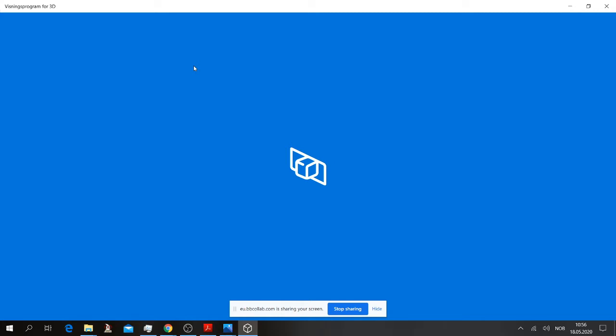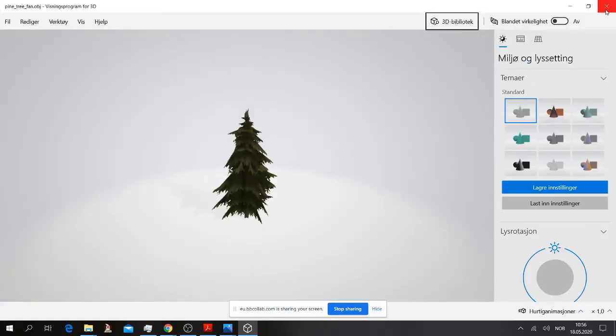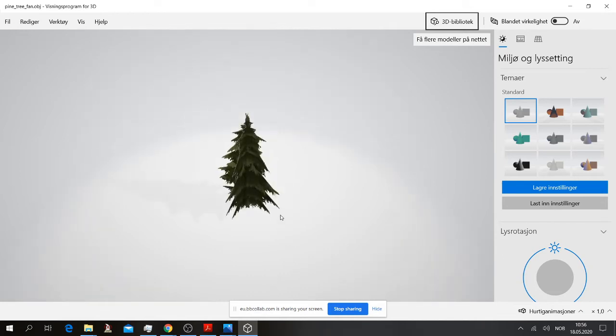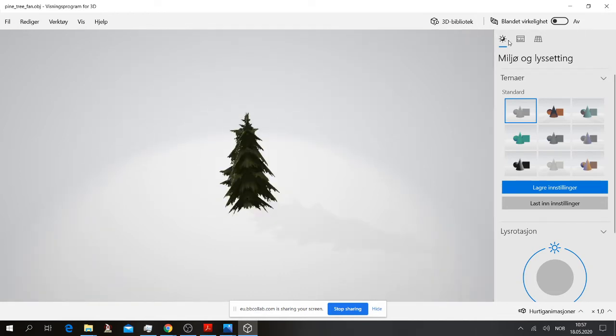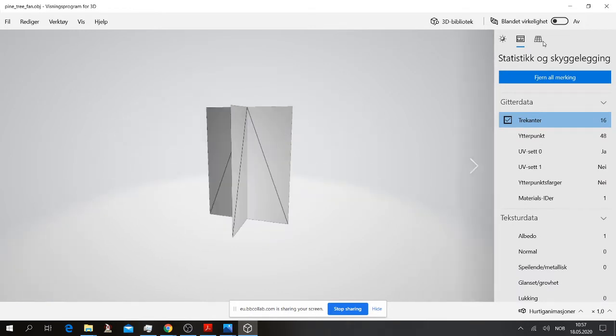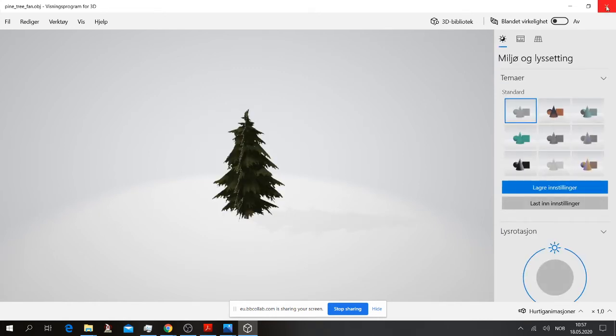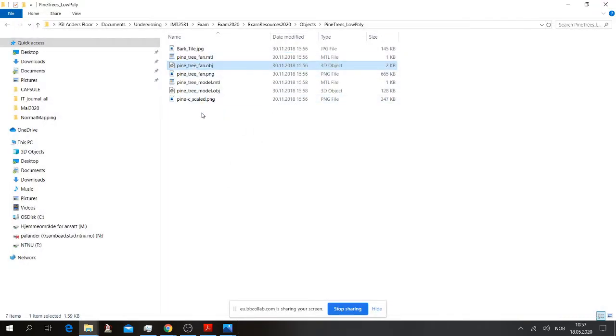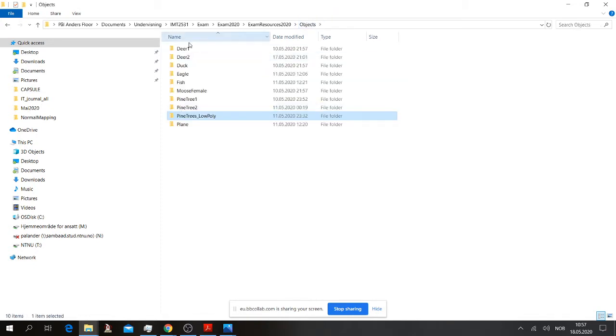Hopefully it will load today. There it is. So at a distance it looks quite nice, but if you look at it from above, it's very simple, right? So these are very low resolution, so it's possible to place more of them into the terrain without killing the application. But you pick one of your choice. You can make one yourself or find another one online. It's really up to you, but you have some examples here if you like.